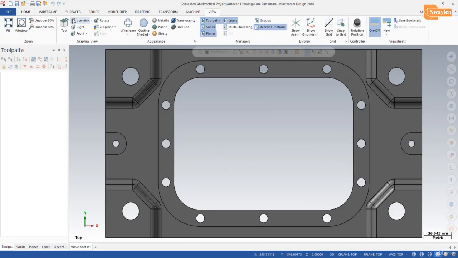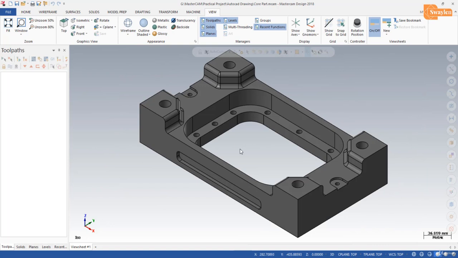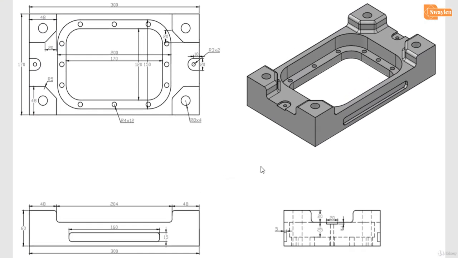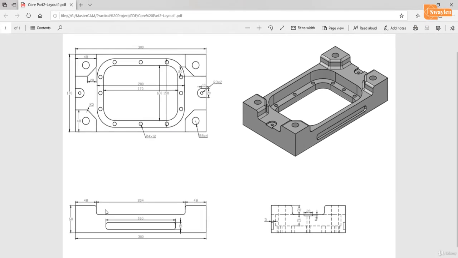Now I will change the view to isometric. So friends, this is your drawing and I have a PDF of this drawing. You will see here, this is my PDF. So this is our part and your dimension is here. You will see. Okay, now